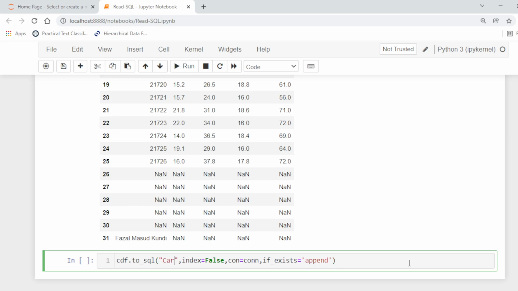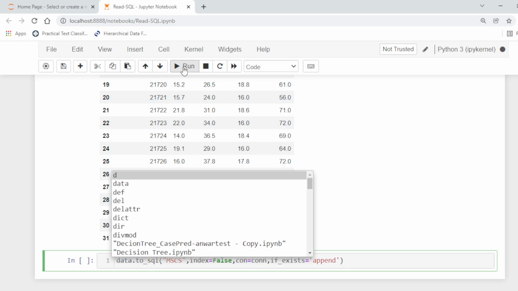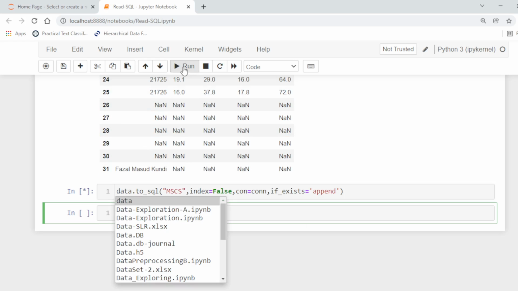Let's say we want to name it MSCS result, connection, if exists, and it will create it and write the entire data stored in the data frame.